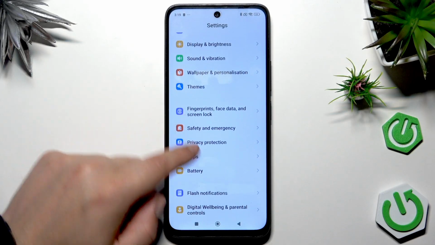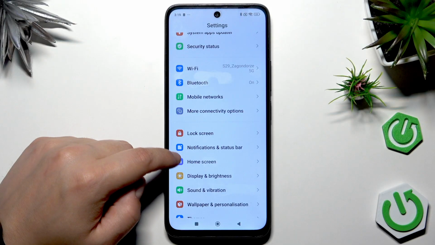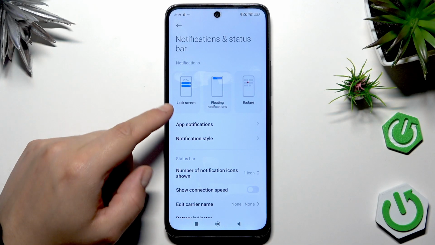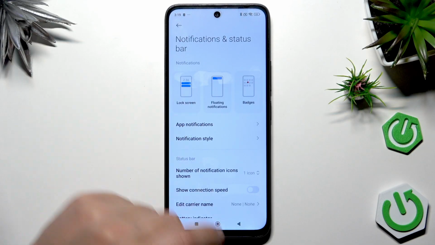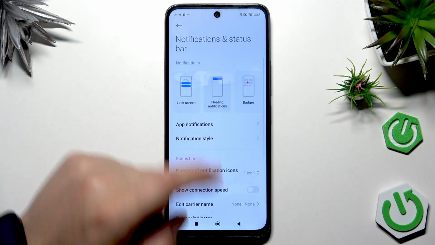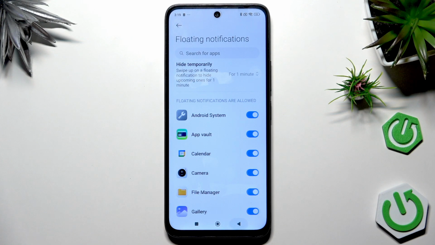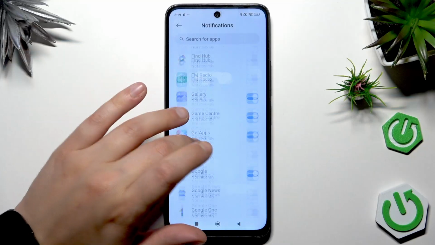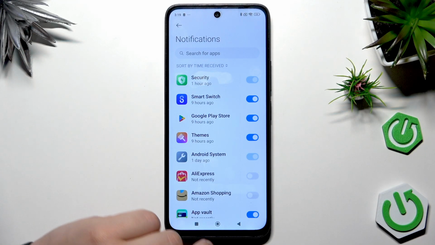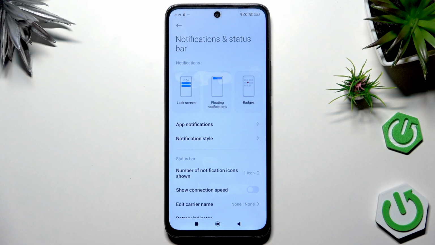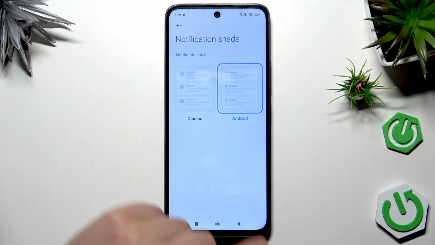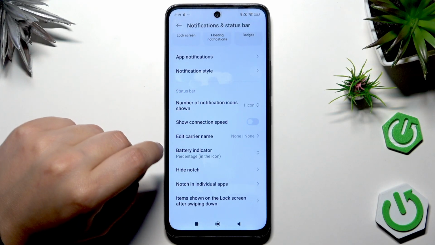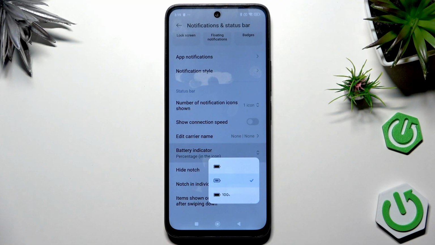So after that we forget about the display and brightness, and we're gonna get to the notification and status bar, because in here we can choose if we want to use lock screen notifications like this, or we can use floating notifications. So you can change it here. You can adjust which application you want to have the notifications on your display. You can change style between the classic or Android, depends on your needs, of course. What is very good in here is the battery indicator. You can change